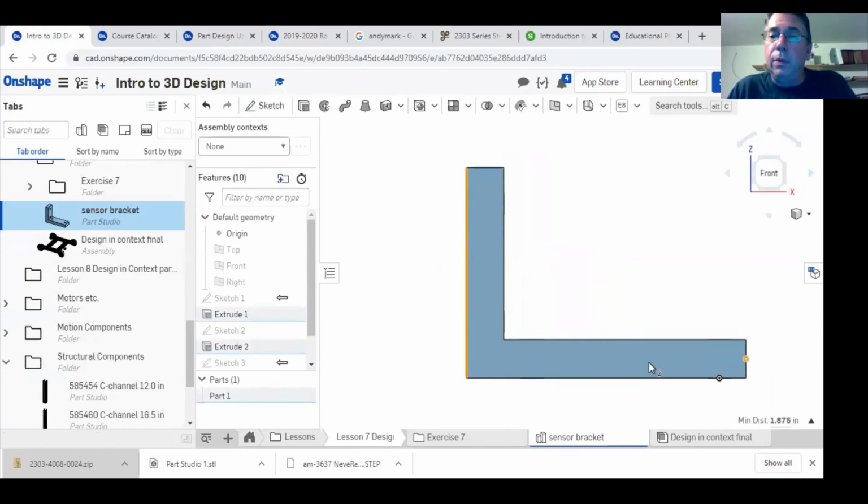I click on both of those, and it tells me that the minimum distance is 1 inch, 8.75, or 1 7/8. You expand that out, it'll tell you in 3 dimensions what those dimensions are. So what the length is,